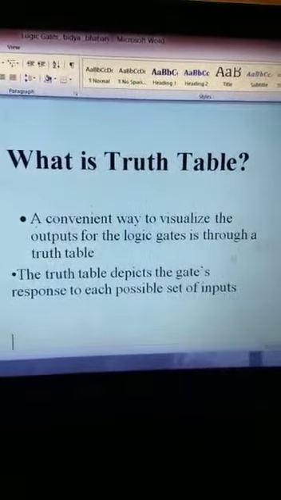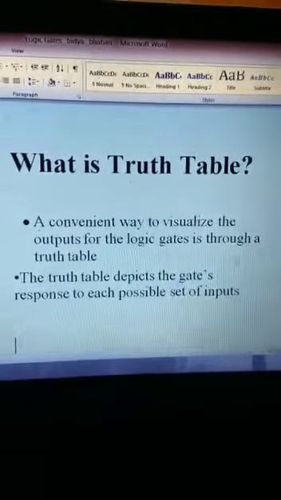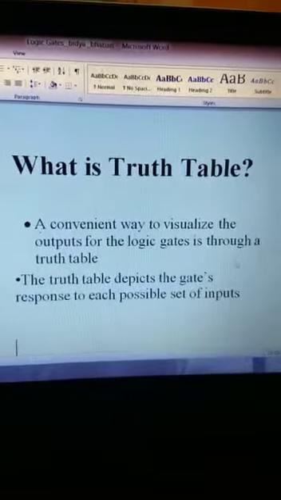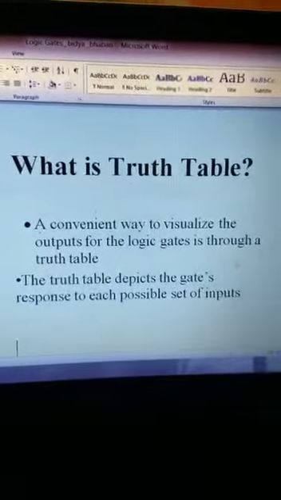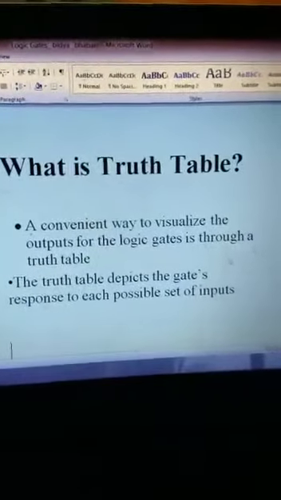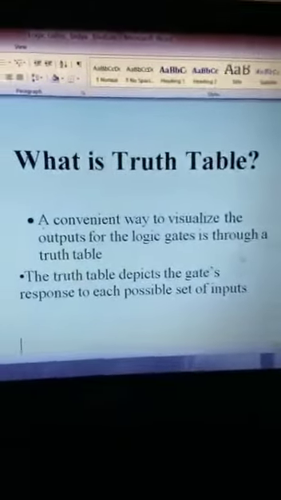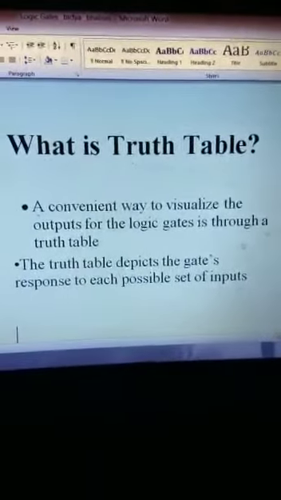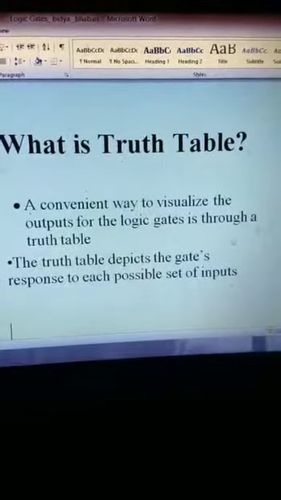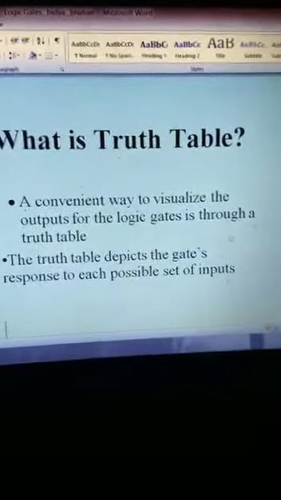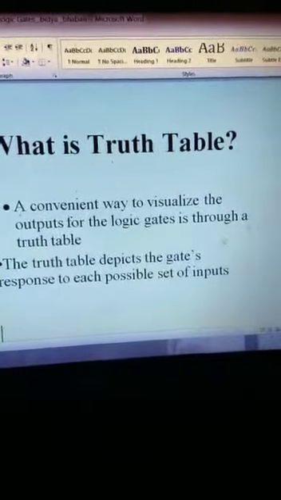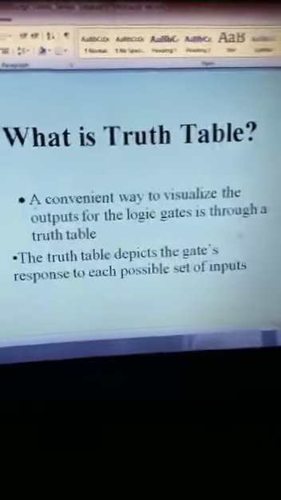Visualizing it in a convenient way, we can understand that we are giving this input, and depending upon this input the circuit will work like this. This is called a truth table. Through this truth table we will check the condition, whether it is true or false.